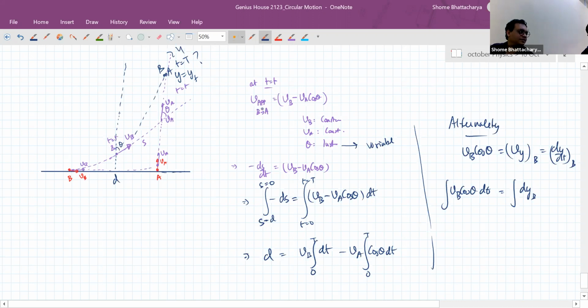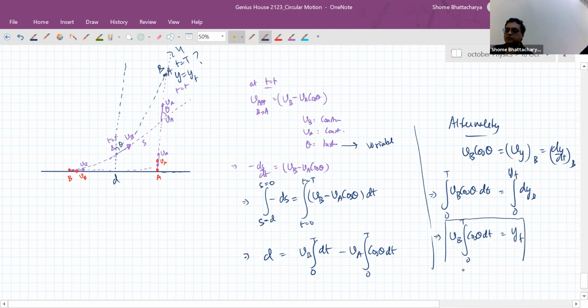That's an interesting thing. From 0 to t, look, what is B's displacement? It is this vector, right? But what is its y component? This is the projection, which is the same as. So that will come to. Okay, so B's y coordinate is changing from 0 to y final in time 0 to t. So now we have this relation that VB into integral of cos theta dt from 0 to t is equal to the final y coordinate. Okay, so we have got this second equation now.